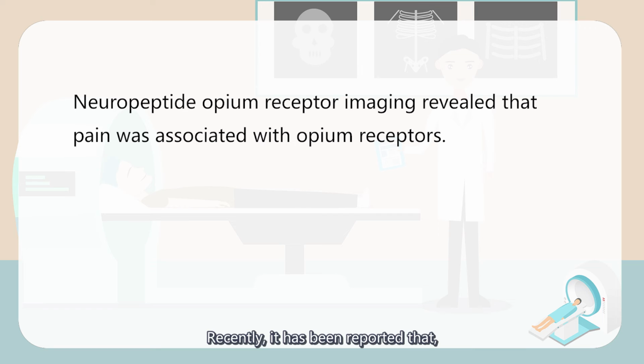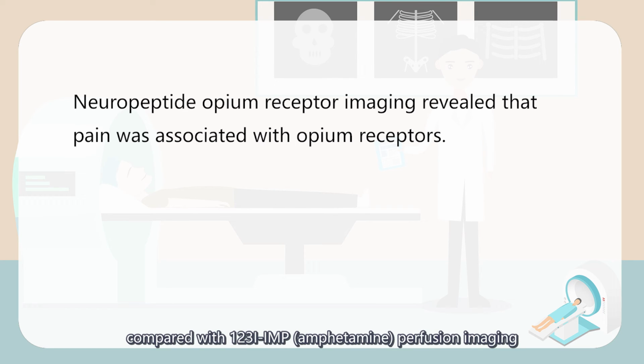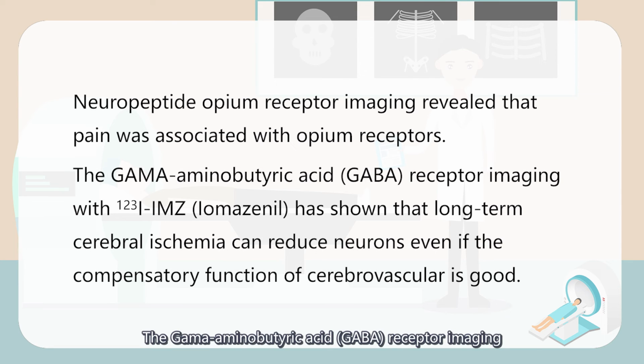Recently, it has been reported that compared with iodine-123 IMP perfusion imaging and MRI before and after acetylcholine stimulation, GABA receptor imaging with iodine-123 MIMZ has shown that long-term cerebral ischemia can reduce neurons even if the compensatory function of cerebral vessels is good,